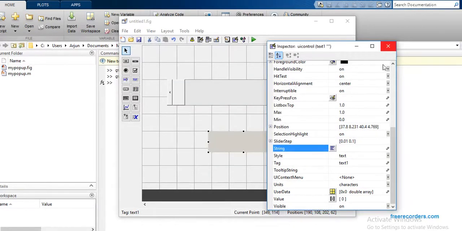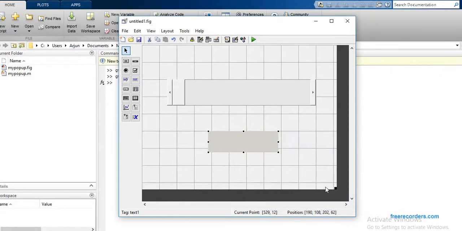Okay, and just keep this tag text1 in your mind, or remember this tag, that is text1, because we will use this tag for linking code, isn't it? Now just close this Property Inspector.